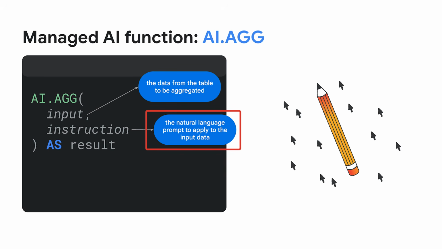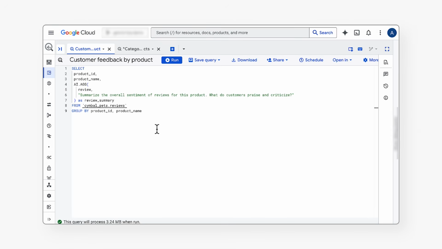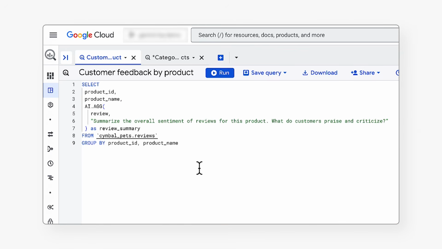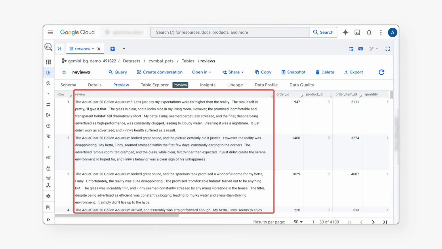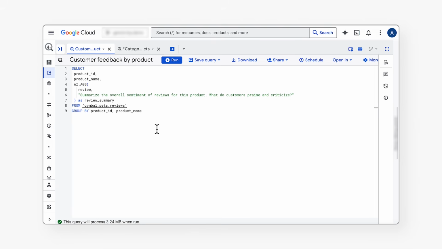Let's see what this looks like in action by running a few queries in the BigQuery data warehouse for Symbol Pets, a simulated online pet supply store. In our first example, we want to look at a list of recent product reviews. Instead of reading them one by one, we use the AI.AGG function over the review column to get a high-level understanding. We simply provide the instruction, summarize the overall sentiment of reviews for this product, what do customers praise and